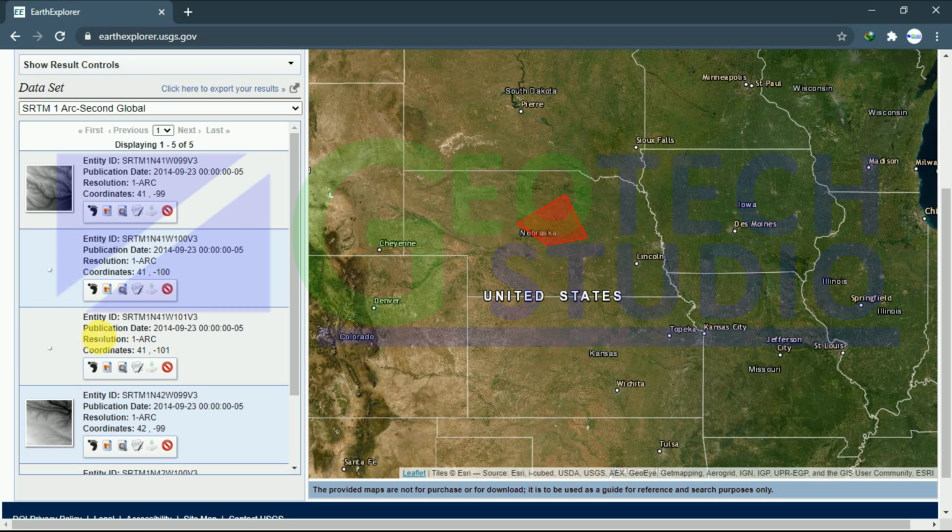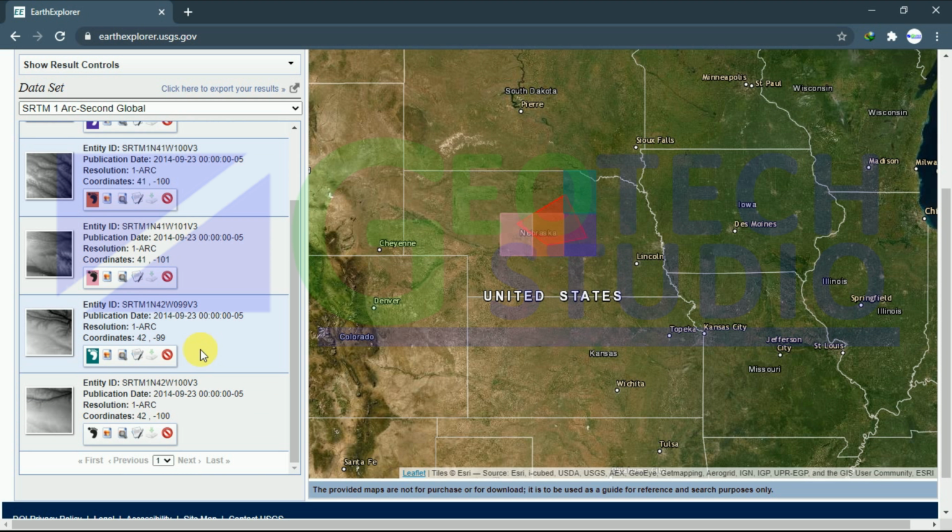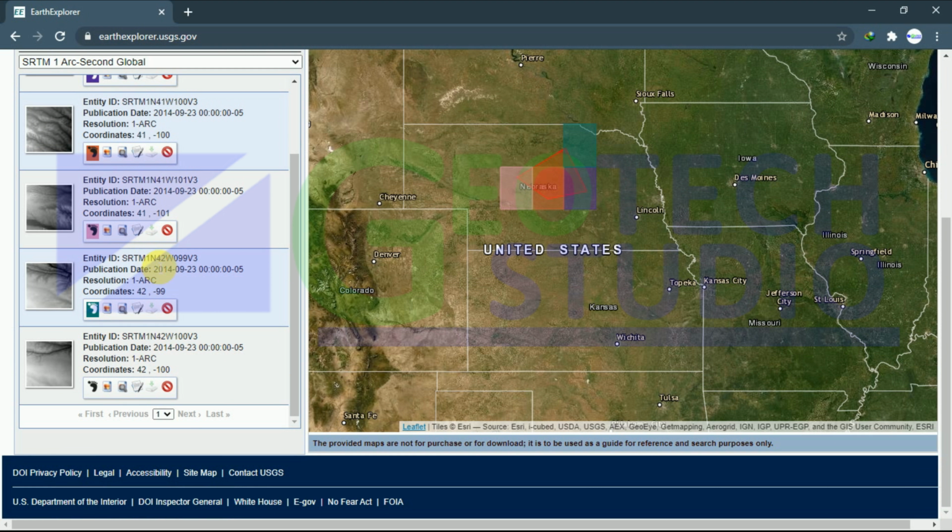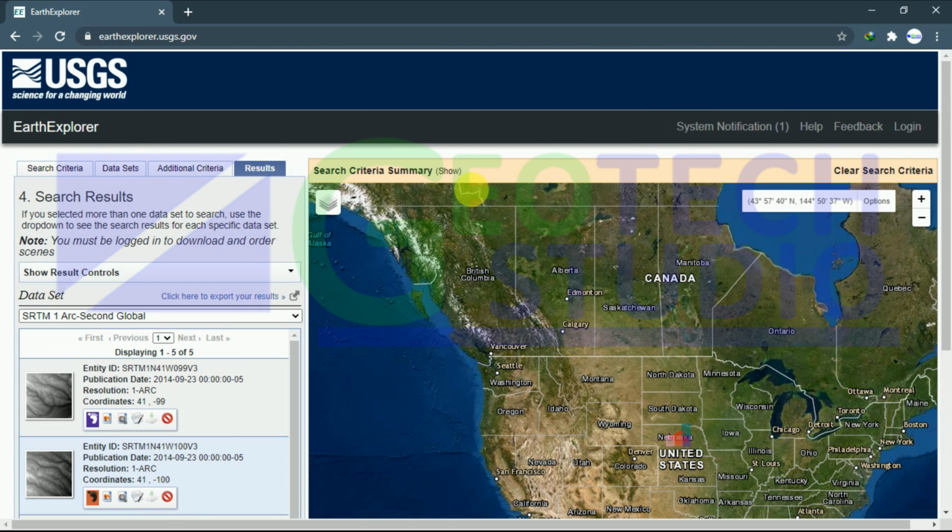Now it will show all the possible results coming under this area, all the possible tiles over here. You can see it here like this, and you can download over there. After that you can simply download by clicking here. Just log in with your Earth Explorer ID and go with that. As we haven't logged in, it is not appearing over here. So now I am moving towards